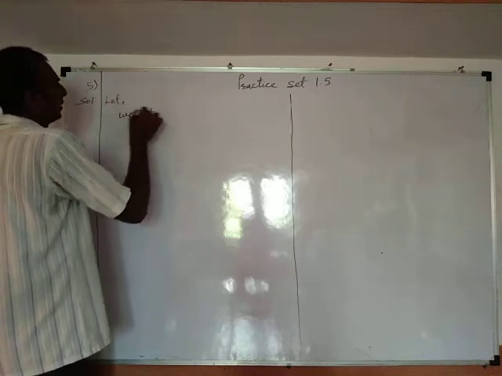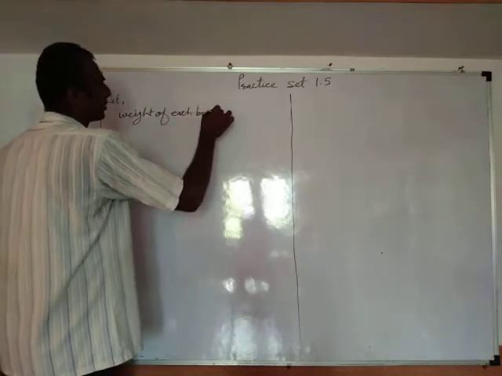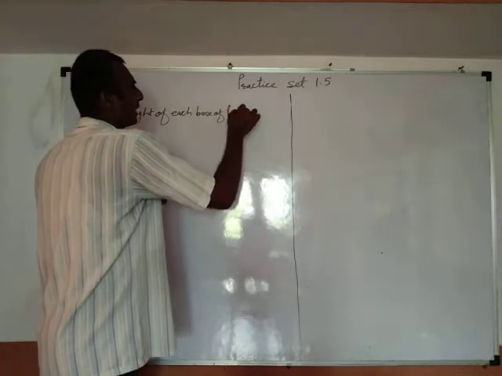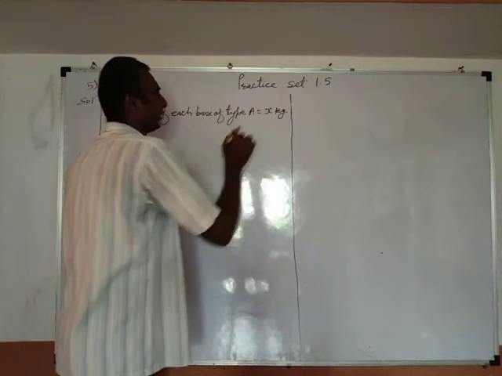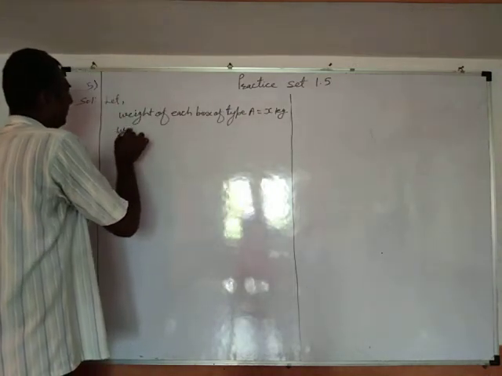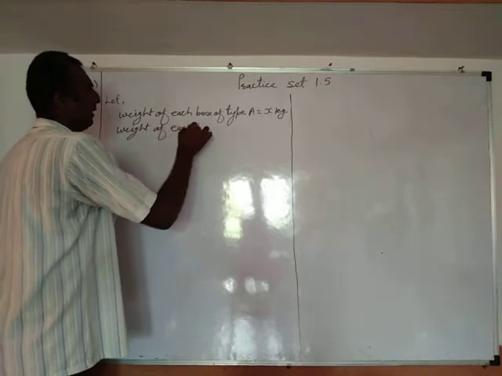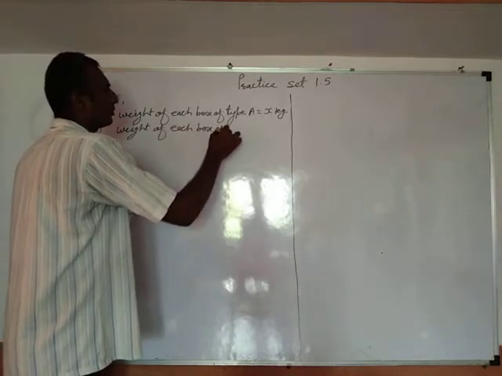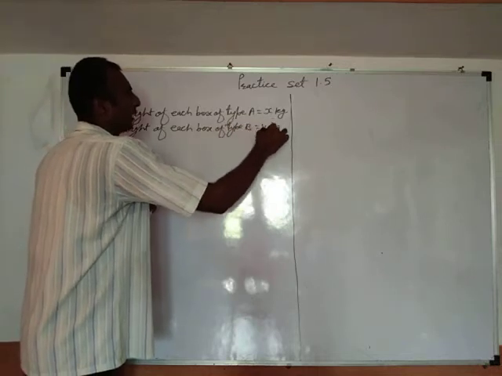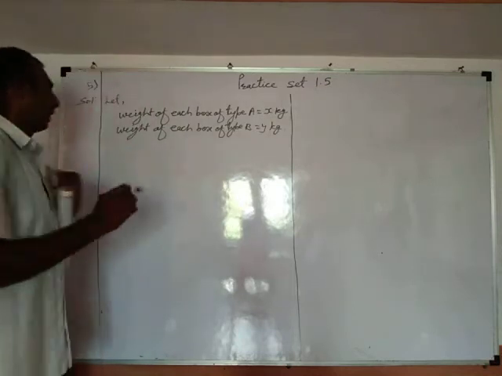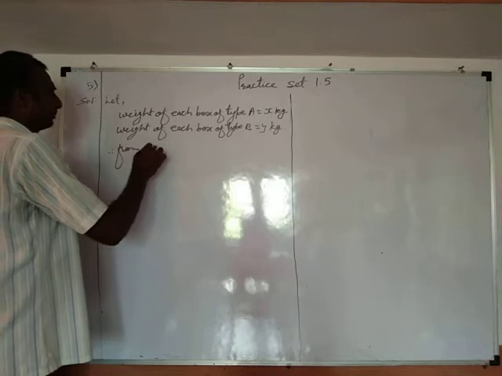Let the weight of each box of type A equal x kg. Similarly, the weight of each box of type B equals y kg. Okay, and therefore from the first condition,